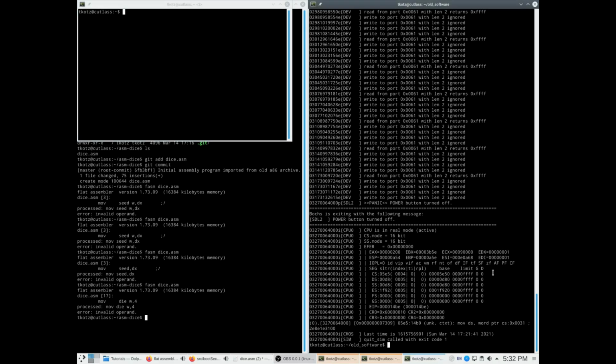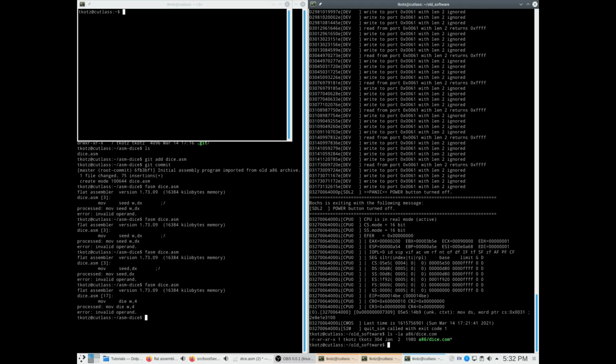Okay. The reason that I picked this program is if we come over here real quick and just check out this com file. So if we ls a6 dice.com, you can see it was 304 bytes only, and we have 512, and this is for the entire program. So if we dump it,